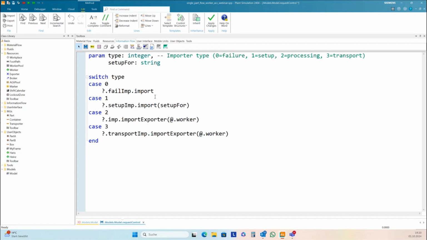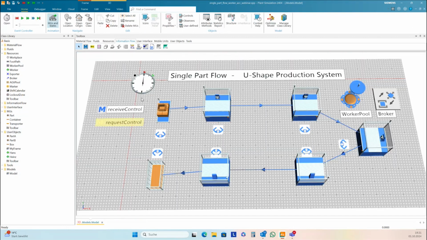Trailer and setup I keep unchanged here, and if I keep it unchanged, then the broker will export the right exporter here. And this request control I need to assign to each request control of each importer now.